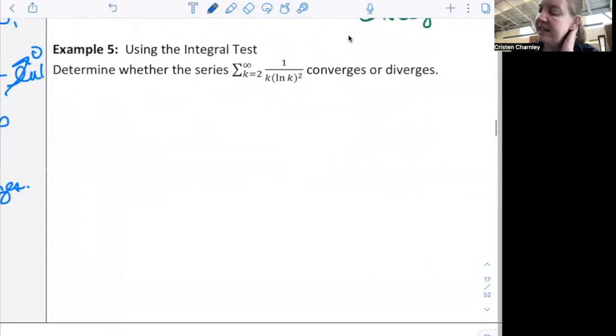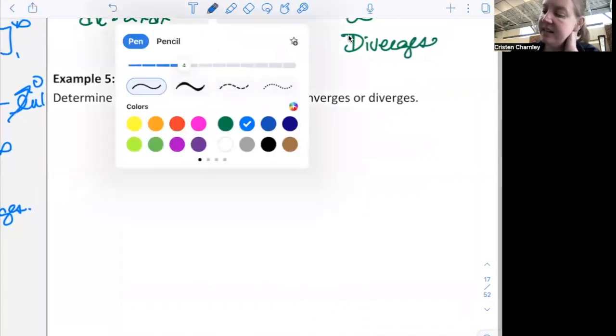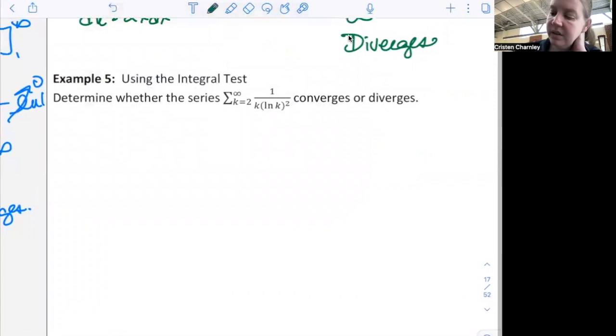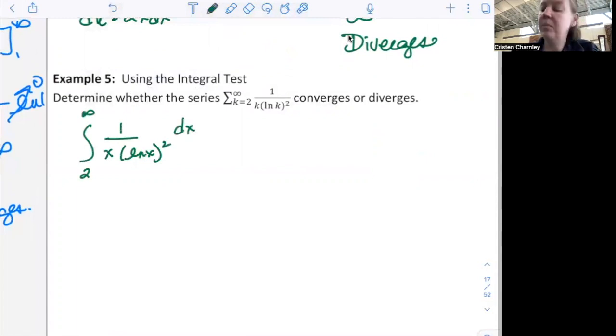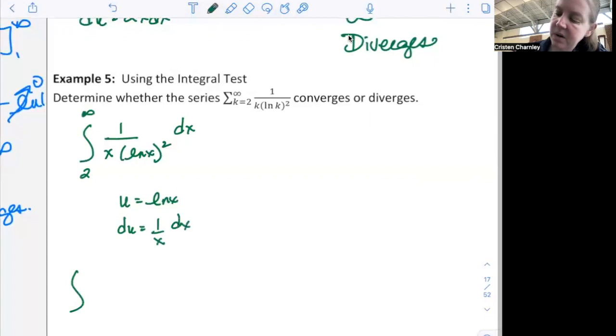Example 5, using the integral test again. Determine whether the following series converges or diverges. So we're going to write it as an integral to infinity, 1 over x ln of x quantity squared dx. This is really good review for integral stuff. We are going to use u substitution, where u is the natural log of x. du is equal to 1 over x dx. So when I rewrite this, this becomes du over u quantity squared. If I look at my boundaries, I've got natural log of 2 to natural log of infinity,